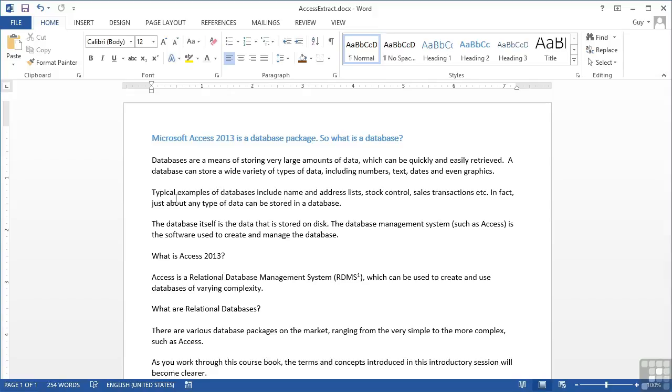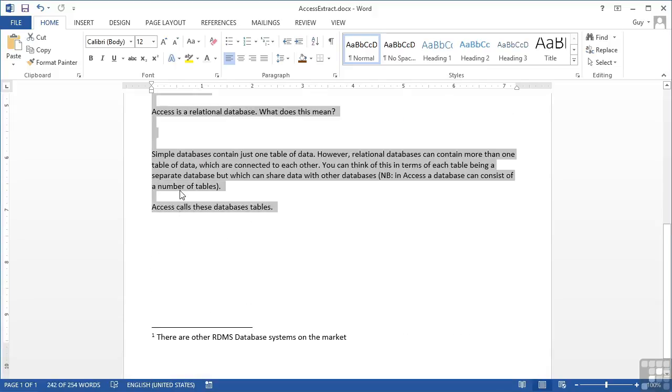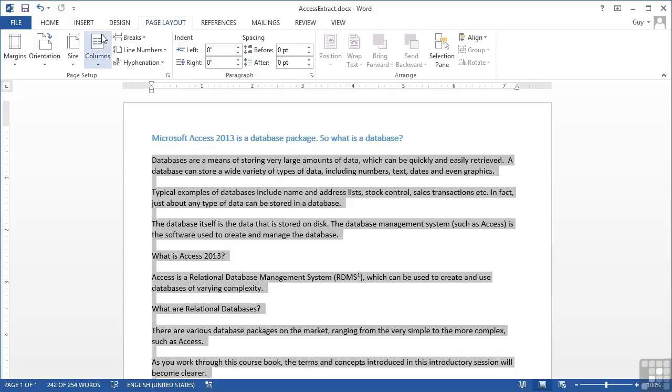Now, in effect, we are already dealing with columns. It's just that we have one single column. If we want to change this document, all of it or part of it, into columns, then we simply need to highlight the text we want to change into columns and ask Word to change it into column layout. So if we highlight all the text except the title, so we start with the beginning of the first paragraph and then highlight down to the end, and we go to page layout, and you'll find there's a columns option